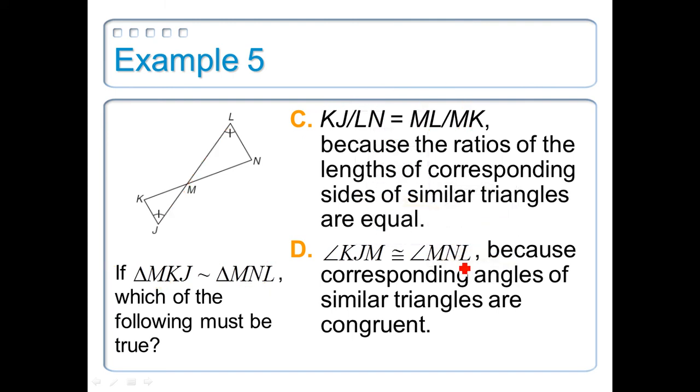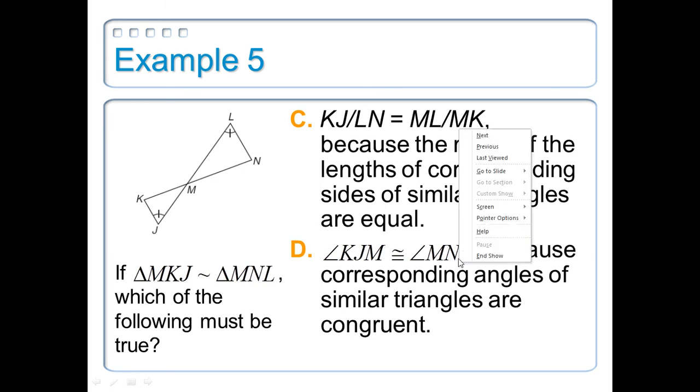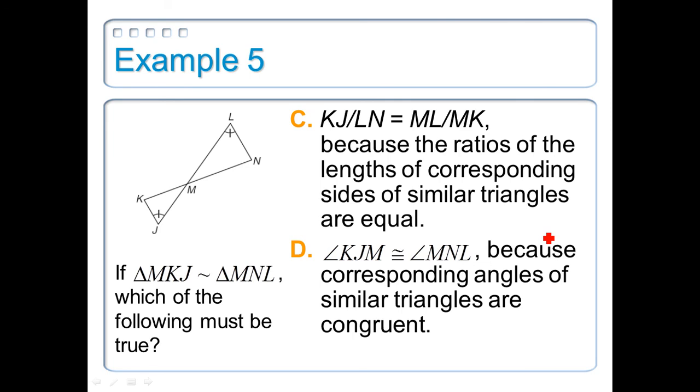Okay, and let's look at part D. Okay, it says angle KJM. Well, let's get our pointer right. I didn't have the pen on. Okay. Pointer's not working again. There we go. Pointer's working now. So KJM,